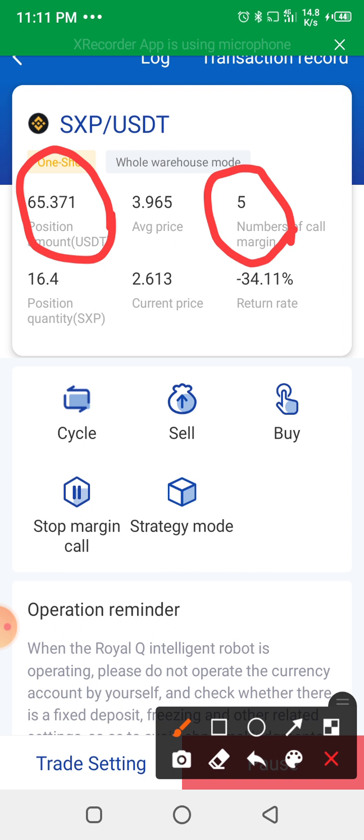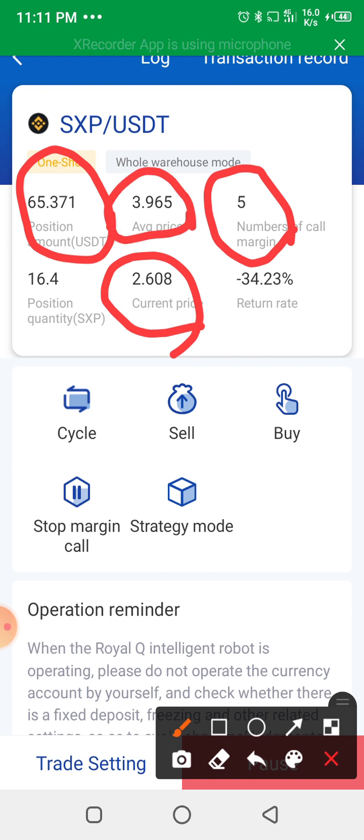And it has in possession 65.371 USDT. Okay, so because the current price is lesser than the average price, it will not sell. And you see the gap is much, 3.9 and 2.6. The gap is much. So even though this system is in one shot